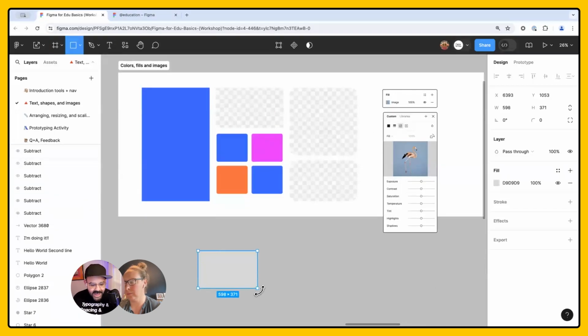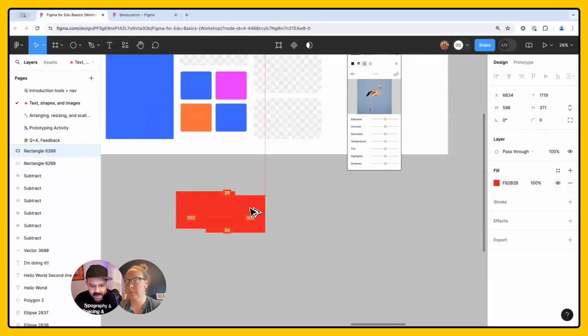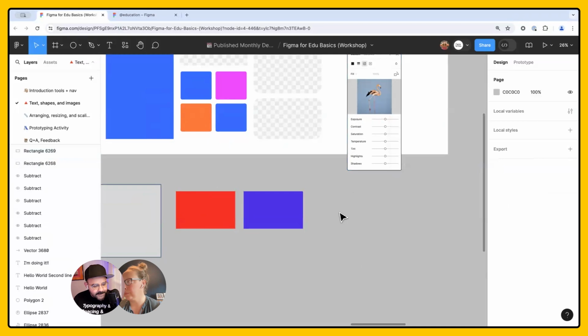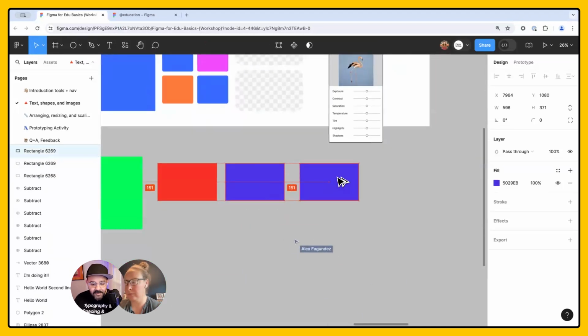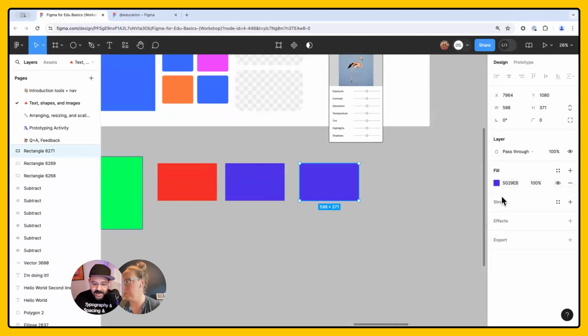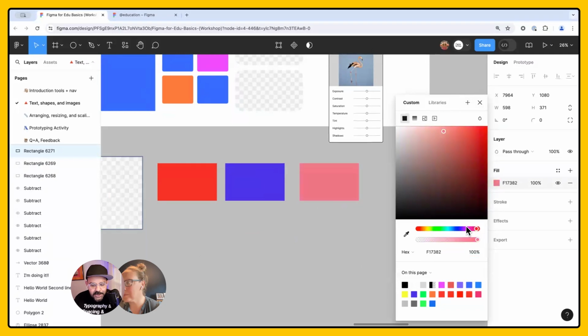So any shape that you have, so if I generate a rectangle, you'll see that I have a fill. I can duplicate that and I can change its color fill. There are different types of fills. There are image fills. So if I come over here and I change this fill, and you'll see it right here when I click on the fill option, it brings up this menu. I can choose a color using the color picker. The color picker is based off of the hue, right? So it looks for the hue, which color is it, a blue? Then I can pick a darker blue or a lighter blue.